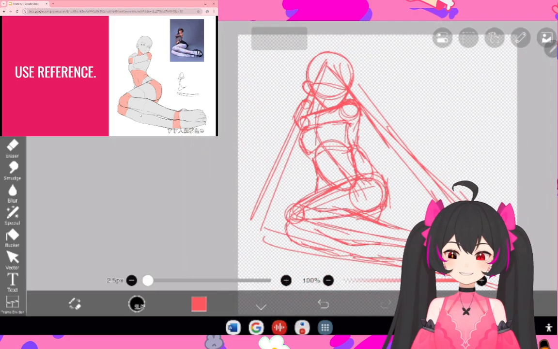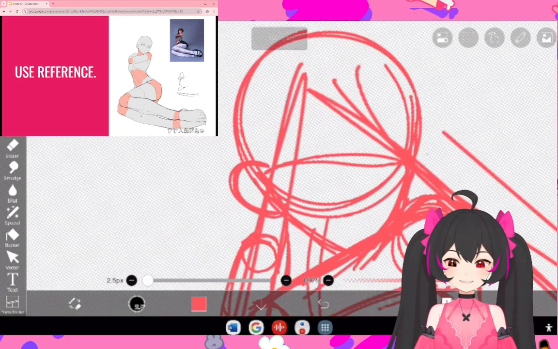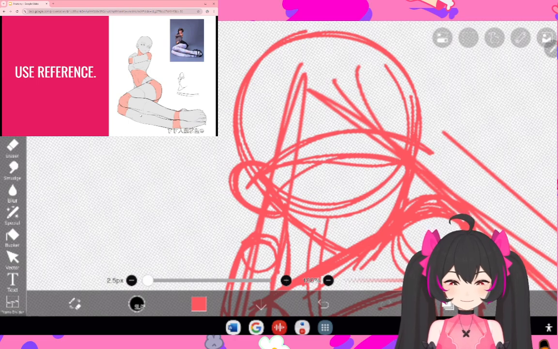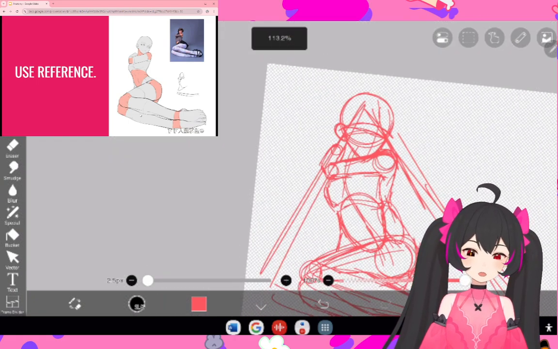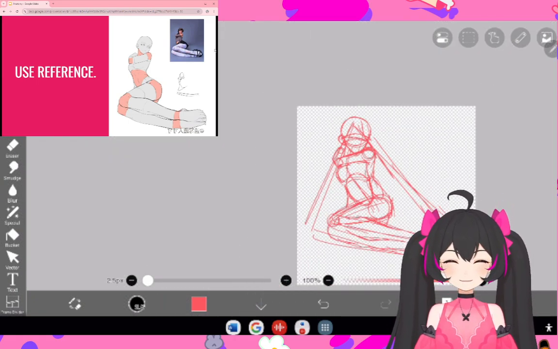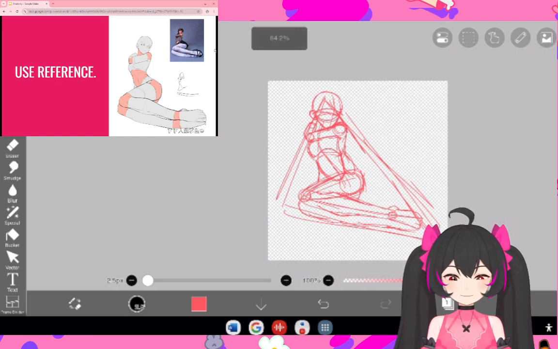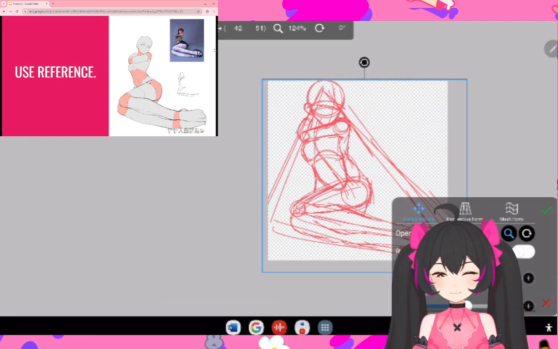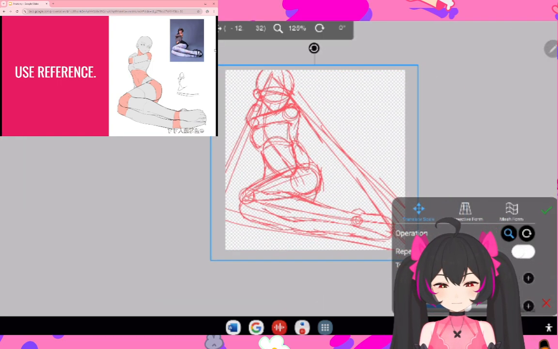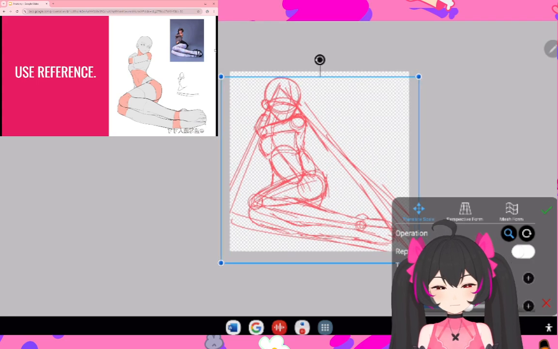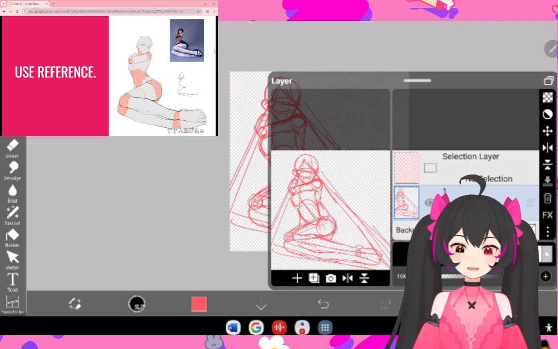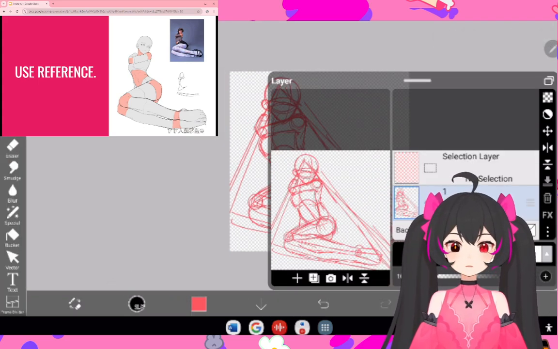And as you can see, we're already done. For the eye, I just draw this, but this is about the anatomy of the body, so we're not gonna work on the head that much. So we got this really cool image here that we drew. Let me just zoom in. Alright, so right now we're basically done, but